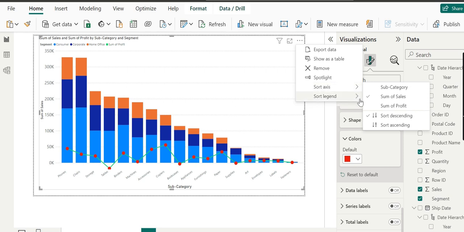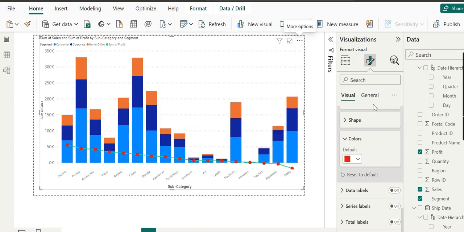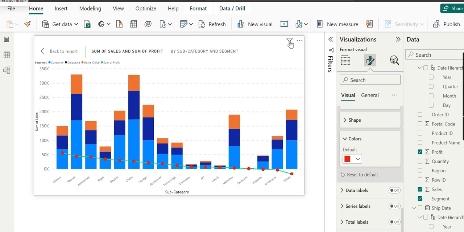So what we'll do, by sum of profit. We can see this gives a quite better view in terms of profitability. So tables is negative here and in terms of profit, on the other hand, copiers are more positive. So for knowing exact profit and sales, we will go to the focus mode.